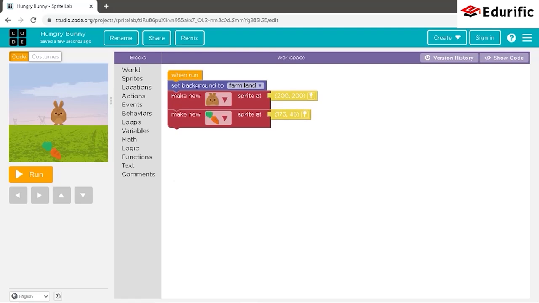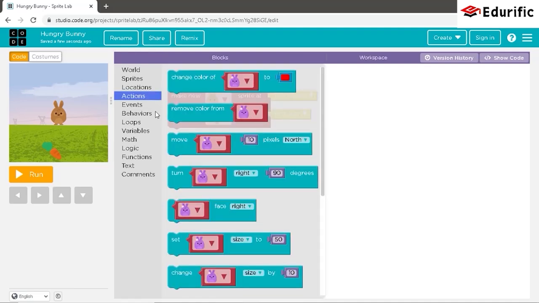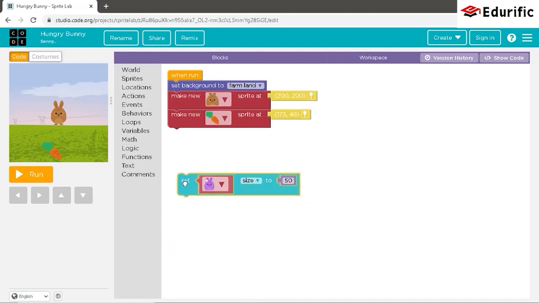Now, if you wish to change the sizes of the bunny and the carrot, we can do so or keep it as it is. For example, to change the bunny's size, either increase or decrease it, we can go to the actions category, drag the set size command.